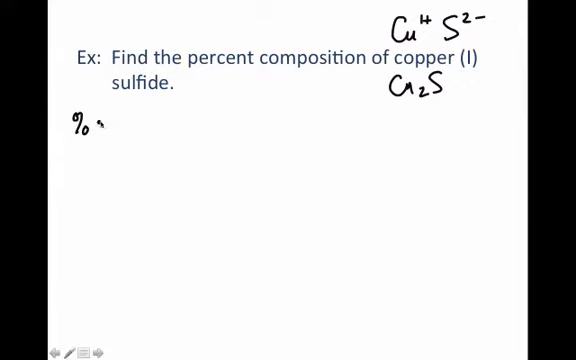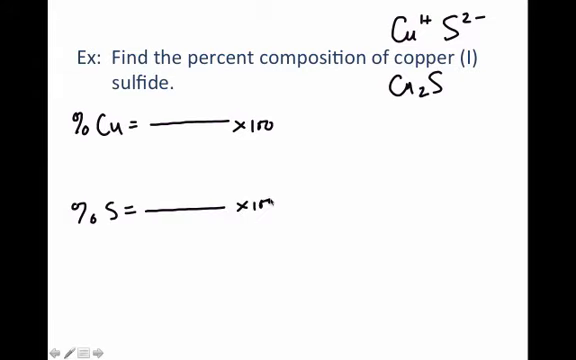So I'm going to do 2 problems here. I'm going to find the percent copper, and I'm going to find the percent sulfur. So I'm going to set up my equations here. We're going to do part over whole of each times 100. So for the percent copper, I can see that I have 2 copper atoms in this molecule. So I'm going to look on my periodic table, and I see the molar mass of copper is